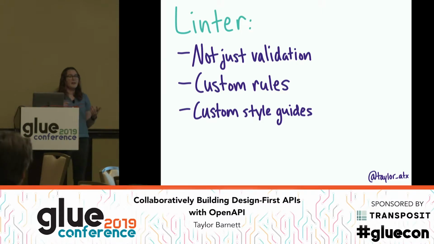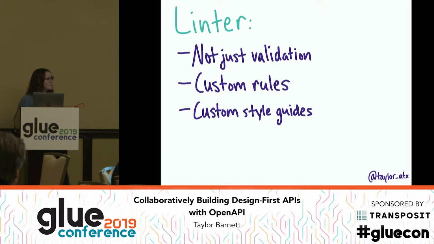Tools like Spectral, which we work on and which we're now in V3 at Stoplight, are open source. And if you're producing many APIs and users are jumping across those APIs, the consistency becomes a lot more important. Because if they're jumping, there's a lot of cognitive load of switching between styles. And so being able to remove that cognitive load can make development a lot faster.